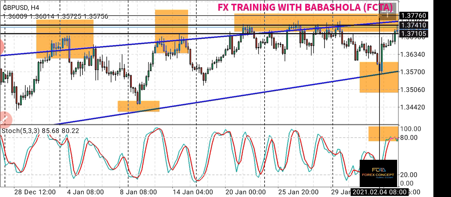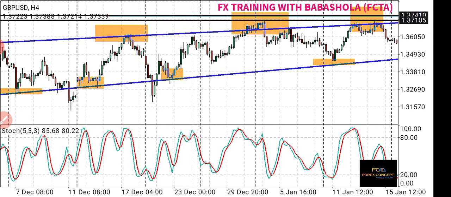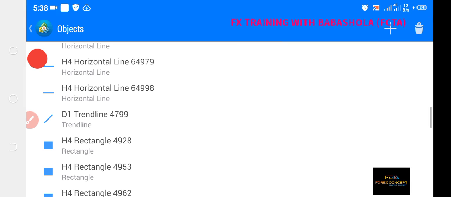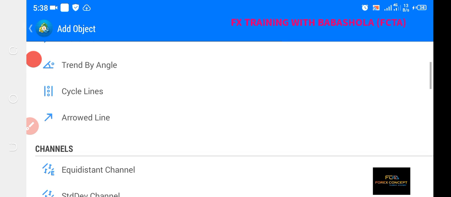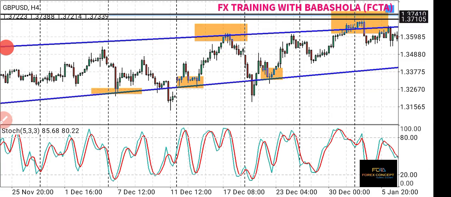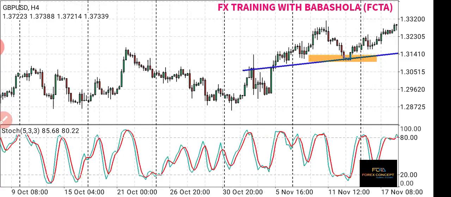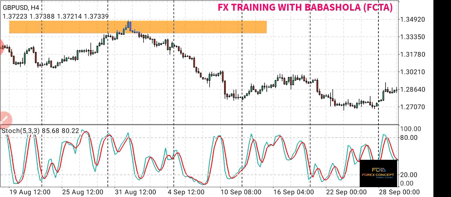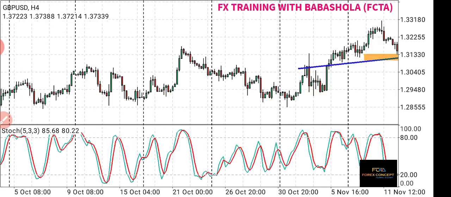We have this one, and of course if you look further down, we can see that even at this point there seems to be a touch, although not totally. But if you draw it down up to this point, you will see that it actually touches, but I don't want it to go far beyond